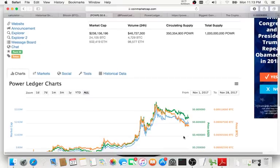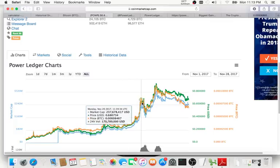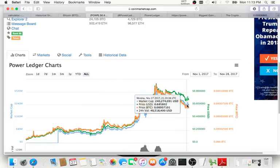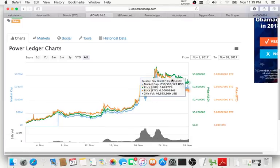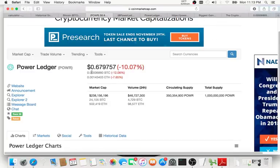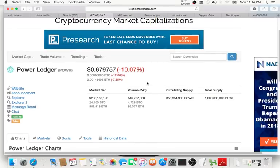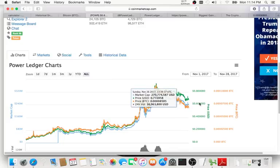As a matter of fact, if we pull the charts up, you can see that not too long ago we were dealing with the 20-cent range going all the way up. Had a pretty big jump up here, dropped down, and of course we had another jump up. Now this is kind of dropped down since then, and I would imagine some consolidation is going to take place, and it's possible it's going to level off, hopefully maintaining in the 60-cent range. I would imagine right now is probably the most ideal time to get into this particular coin, given that it's, like I said, starting what looks to be a consolidation process, so it'll start tapering out and leveling off